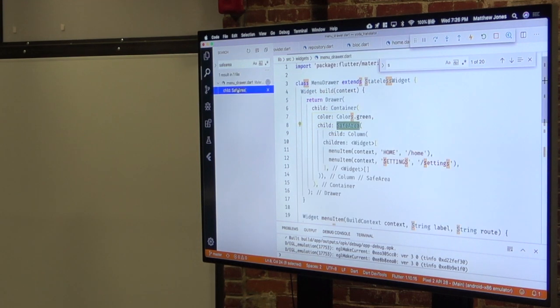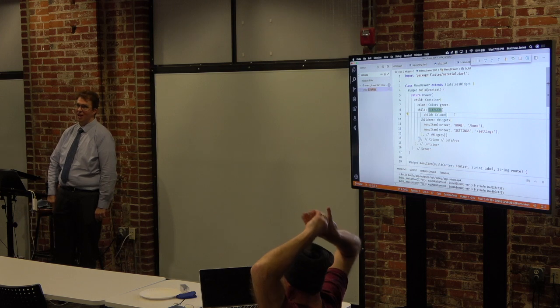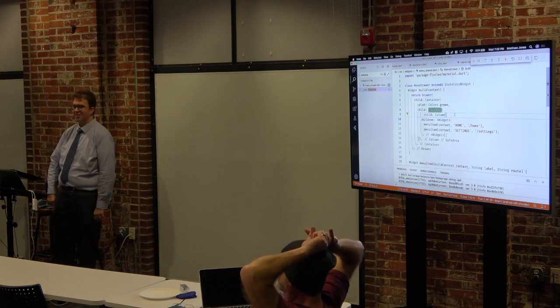Here we are. So here's an example. This safe area widget, basically what it does is Flutter's smart enough to know what phone it's running on. So by using the safe area widget and putting everything inside it, it says, "Oh, you got a notch. I'll make sure your content doesn't go inside the notch." It's really nice. Whatever problem you have, the engineers at Google have already thought it through, which is pretty sweet.